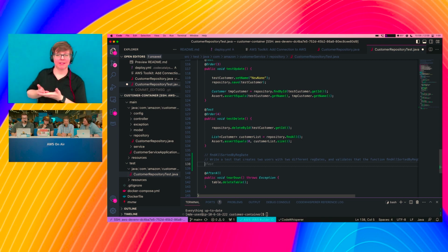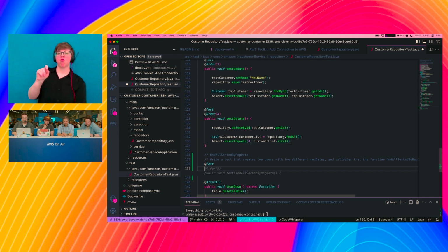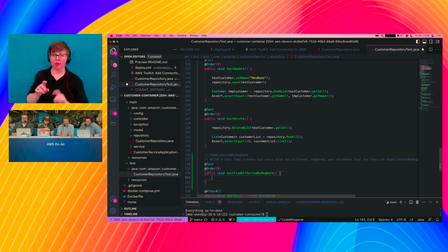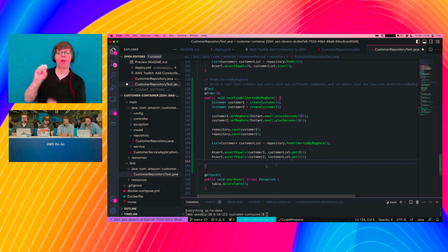Seems annoying to write. Okay, it's going to give me a test. Oh, it's going to put it in the right order. Now it's contextually aware. That looks good. And then the last step is let's fill in the signature of this. Oh, wow. There we go. That looks good to me. And what's neat